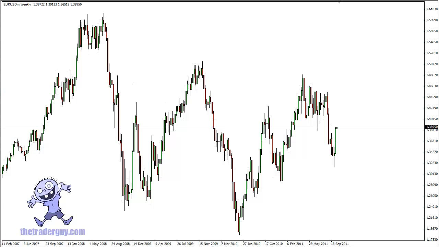Okay, now that we've gone over basically what support and resistance is, let's look at a real life example. A lot of traders will look at a chart like this, and this is the Euro US dollar weekly, and what they'll say is, wow, if I would have just sold there, if I would have just bought there, sold there, whatever you're seeing when you look at this